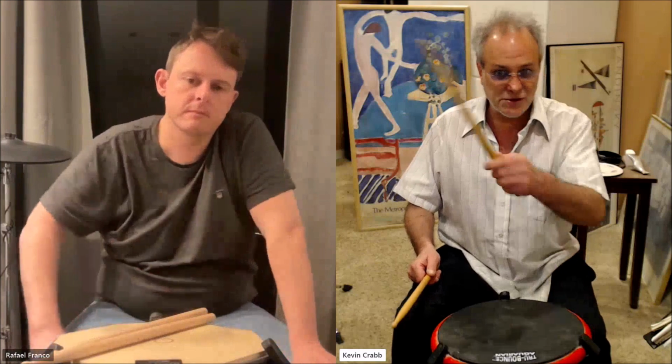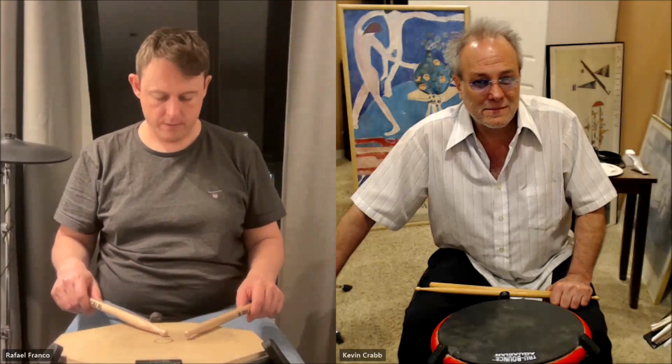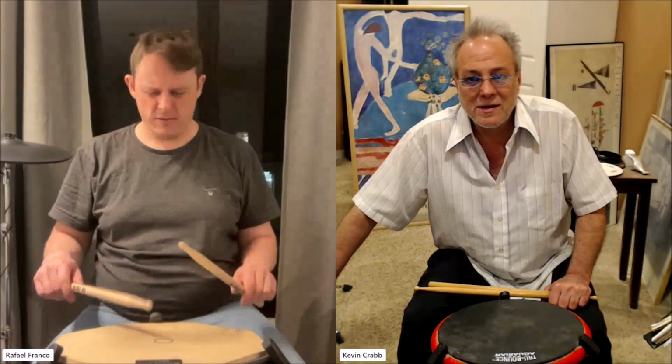Play 6. Doubles. Count is duple. 1, 2, 3, 4, 5, 6. 1, 2, 3, 4, 5, 6. 1, 2, 3. 16th notes, right? 1 and 2 and 3 and 1 and 2. 1 and 2 and